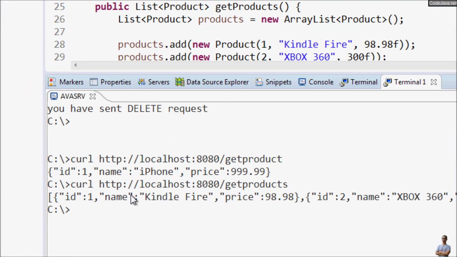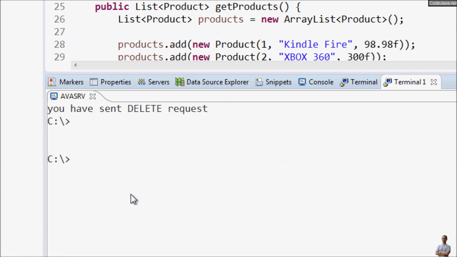Okay, now let's type the command to invoke that RESTful web services API to add a new product, curl, and the method is post,